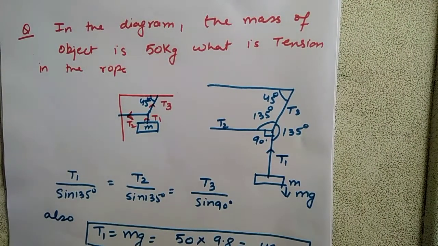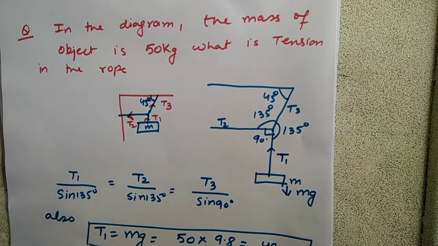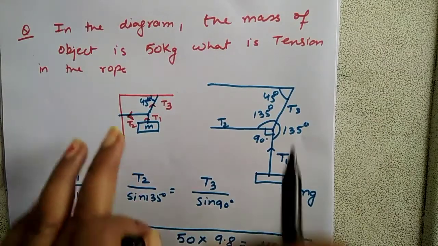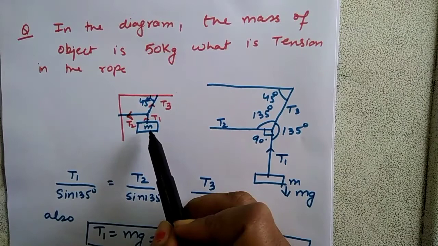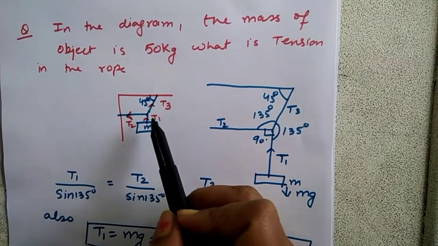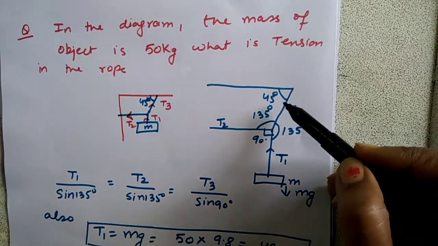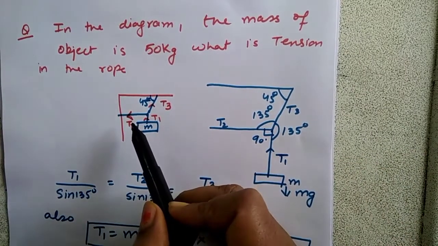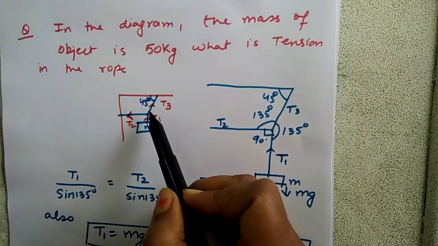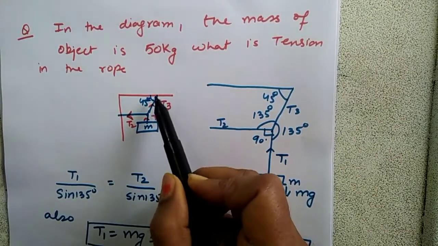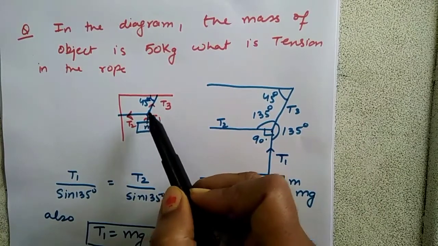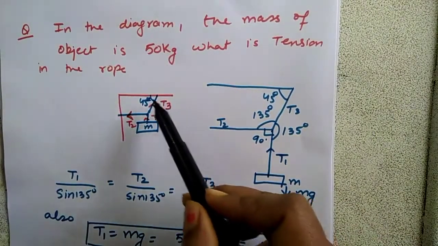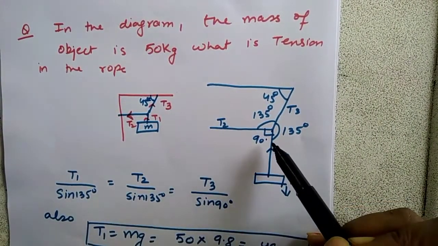Let us try to solve one numerical problem based upon how the various forces act on a body. Now, see, this is the diagram. Here, one mass M is hanging with the help of some strings. Now, as I told, the tension in the string is always towards where the thing is mounted. So that means T3 is pointing here, T2 is pointing here, and T1 is pointing upwards. Okay, I can make another diagram for T1, T2 and T3 like this.